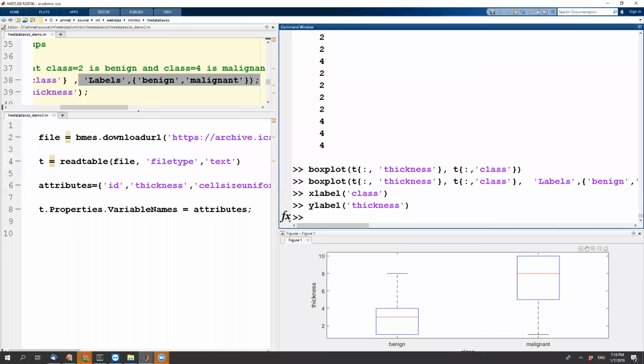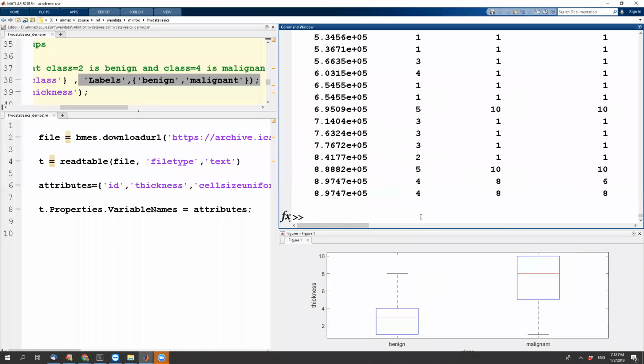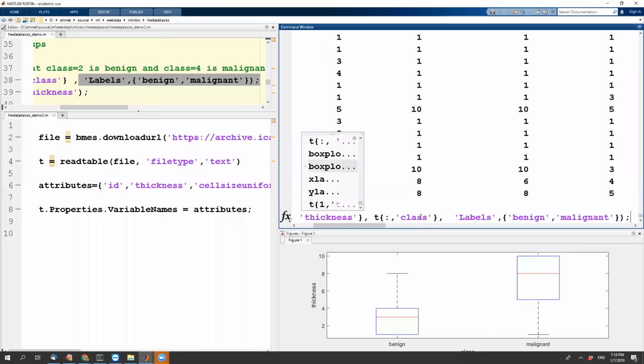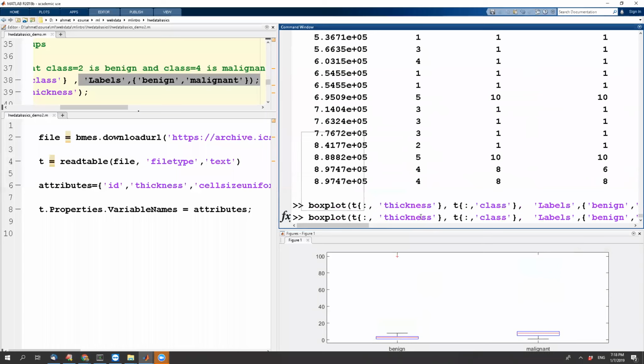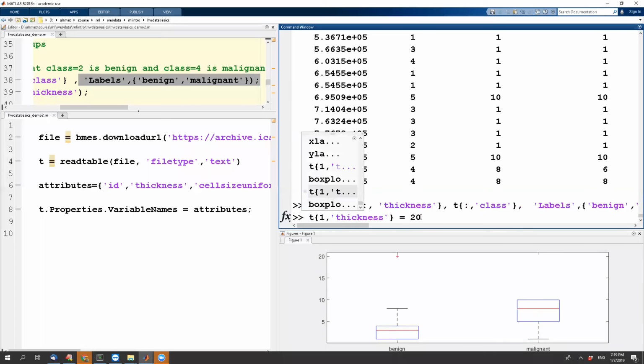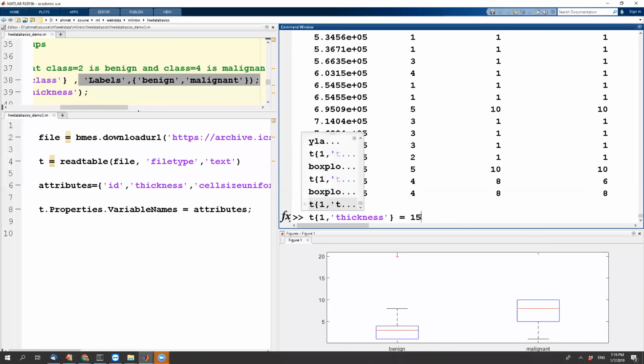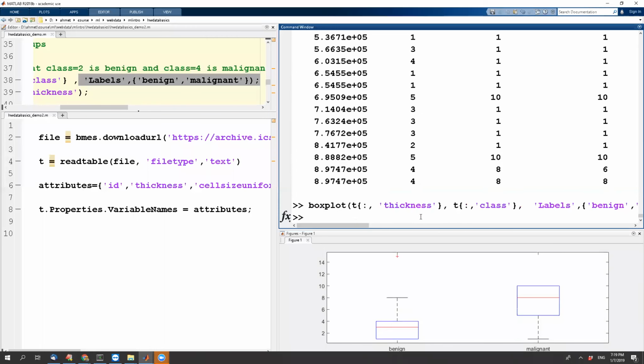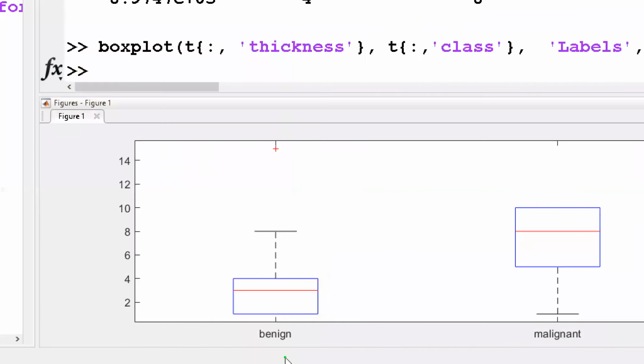Sometimes you may have outliers, so let me artificially add an outlier here. Let me add thickness equals 100. So I will artificially add an outlier. I will go back and create the box plot again. That was too large. Let me make it 20. Okay. So with this new box plot, where I artificially added a sample point that is benign, but it has